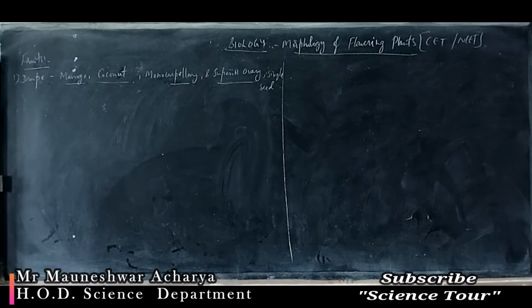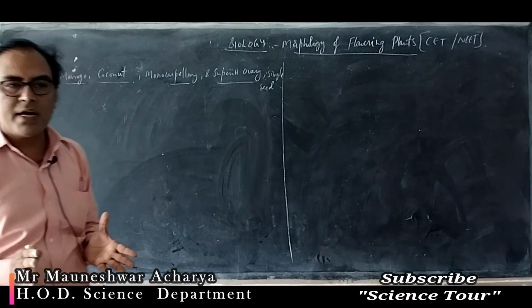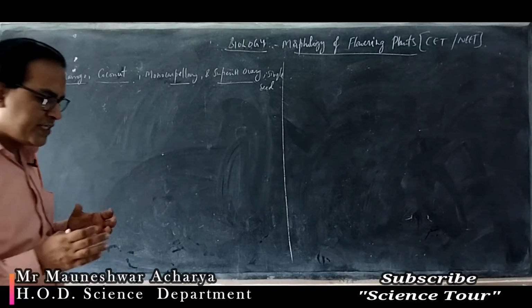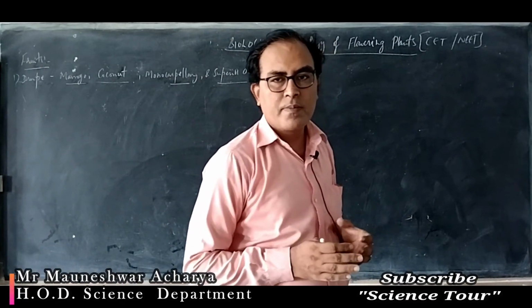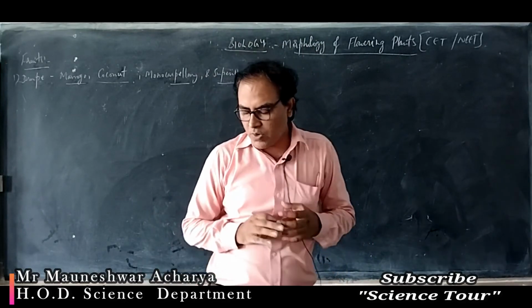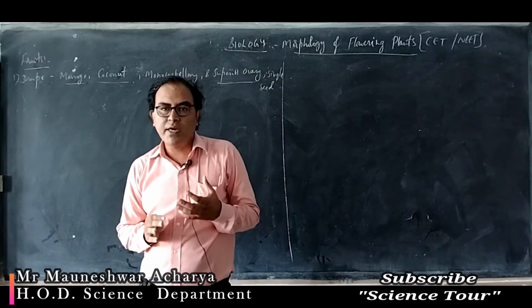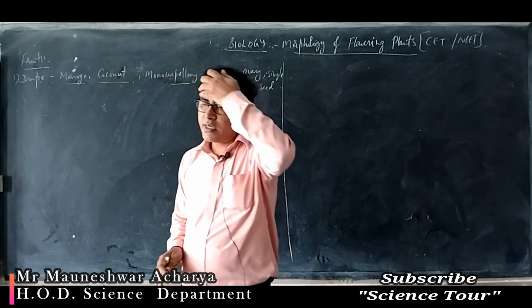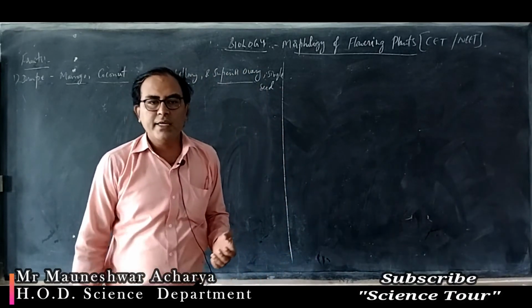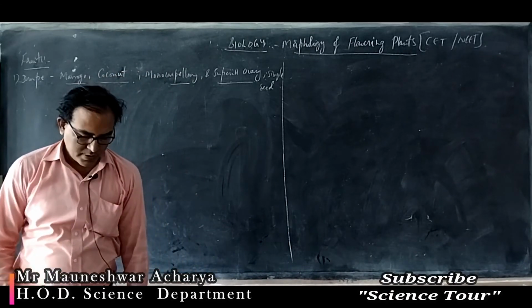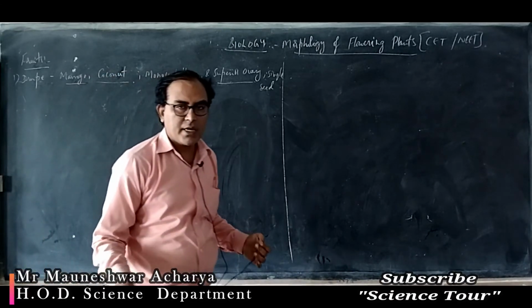In the case of mango, the pericarp is very well developed into an outer thin epicarp, a middle fleshy mesocarp, and an inner stony endocarp. But in the case of coconut, the mesocarp is fibrous and the endocarp is hard, and they have liquid endosperm for the nourishment of the developing embryo.